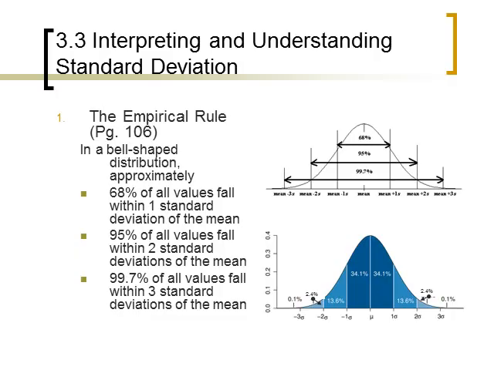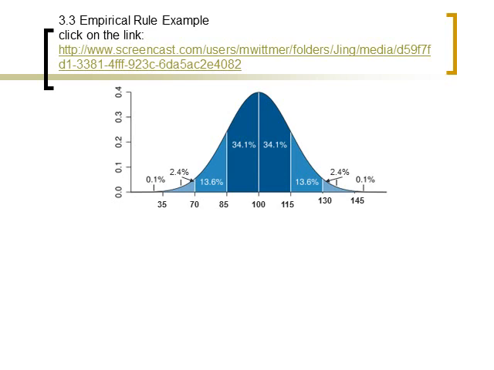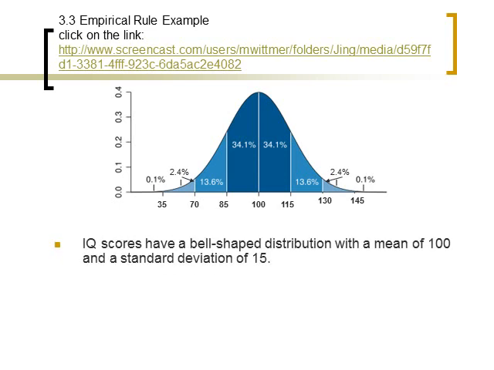So again, on page 106 in your book, that is the one that's got it pictured most accurately for you, and that's one that you'll want to use for the test. So here's an example where we want to use the empirical rule to answer some questions about IQ scores